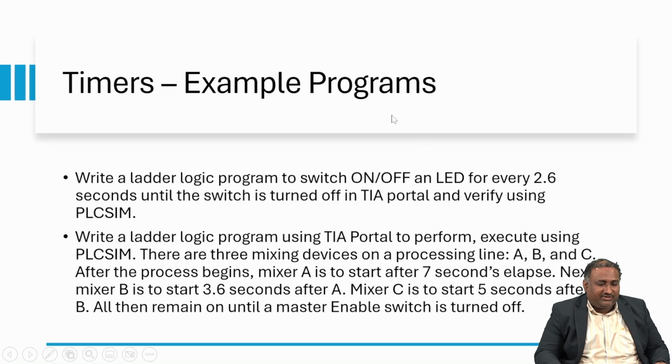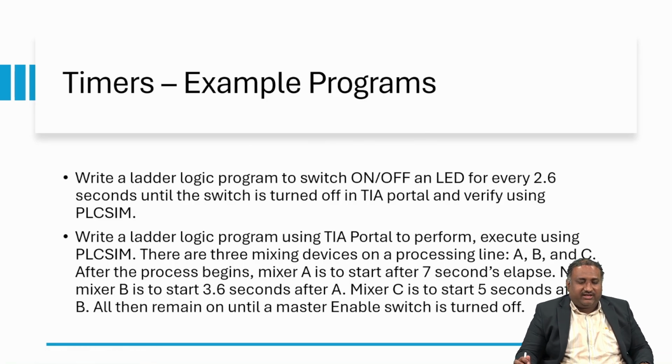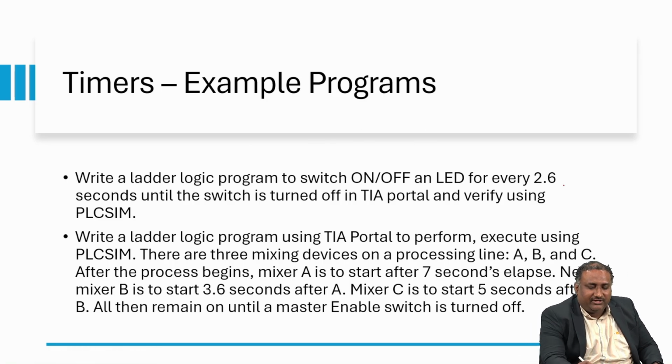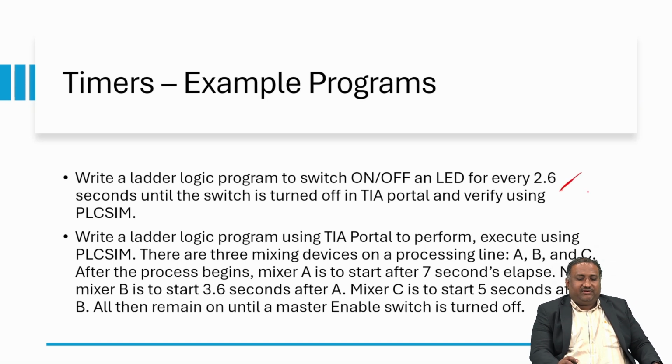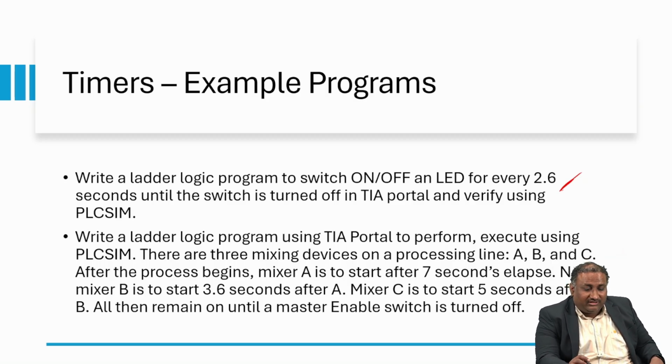The first program is turning an LED on and off every 2.6 seconds. First we will try to solve this first program and then we will come back to the second program. Now, let us clearly read program number 1 once again. Write a ladder logic program to turn an LED on and off every 2.6 seconds until the switch is